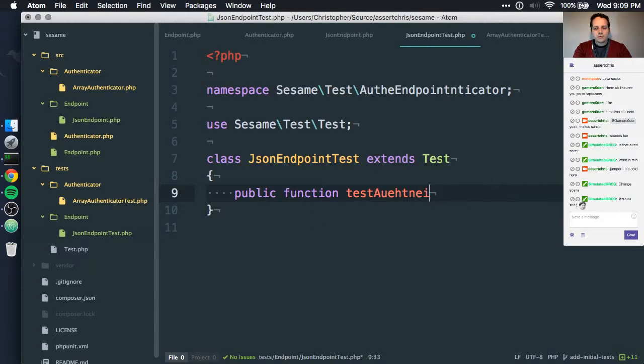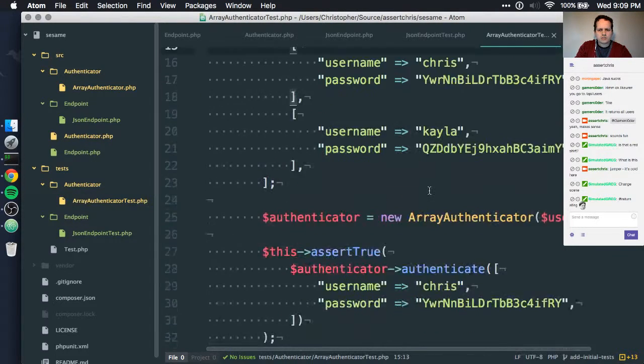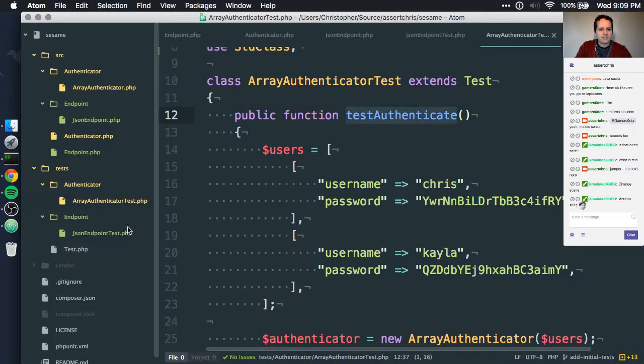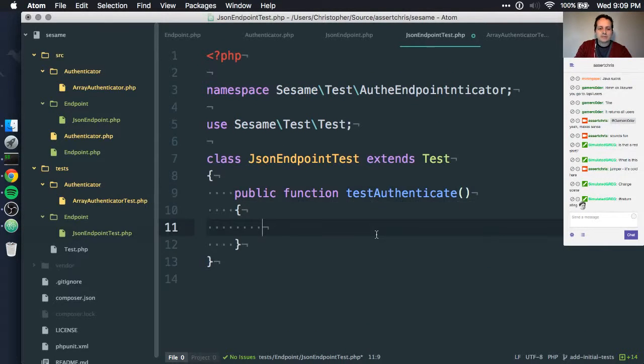Test... wow, I really spelled that wrong. Authenticate. We'll call this test authenticate again. Did we call it test authenticate or test authentication? Why didn't I just copy the method name? So much simpler.